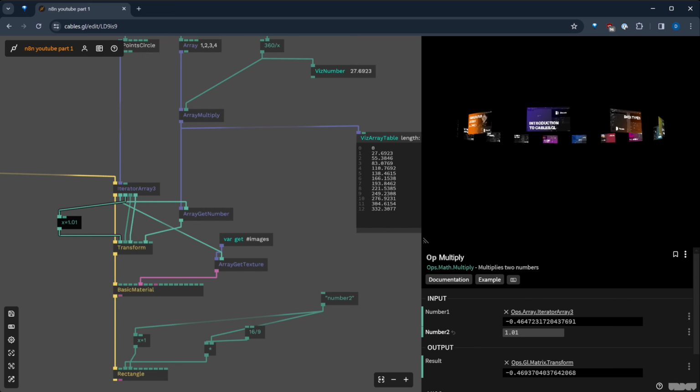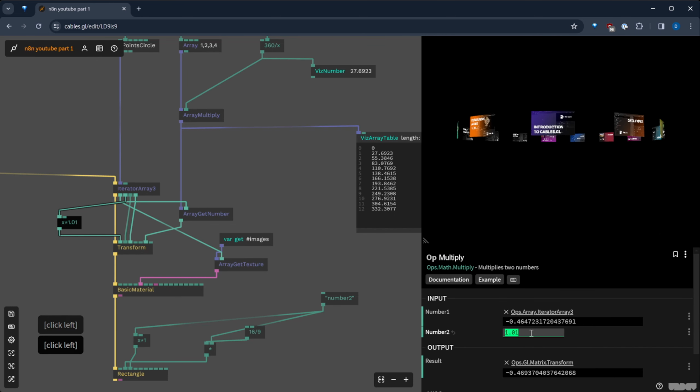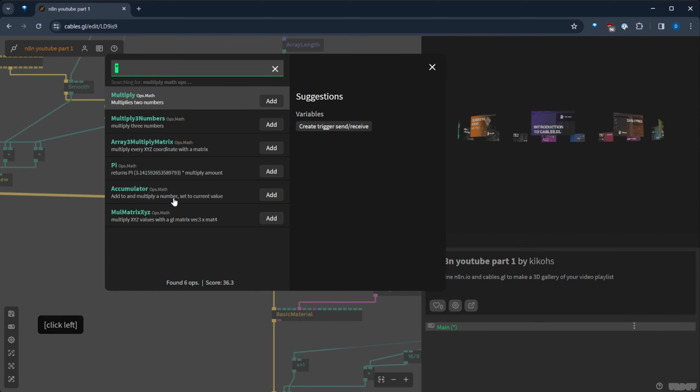So this is the position, but I also need to play with the rotation and either transform the view, which I think would be the smartest way, because otherwise, now that it's in a circle, I would need to transform as a circle, so using cosine and sine. But it's maybe simpler to rotate the view itself. So if I go back here and I put 1, and on top of it I put another transform view,